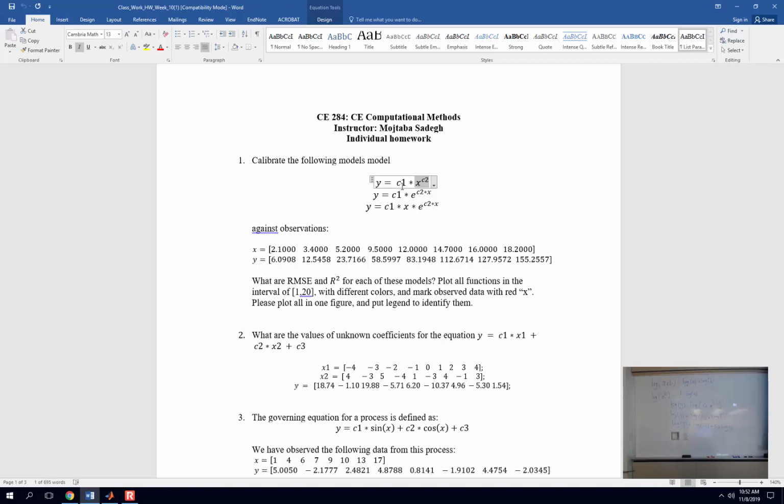Exponential. So C1 is exponential of D, isn't it? Make sense? Does it make sense to everyone? So if we want to solve this now,